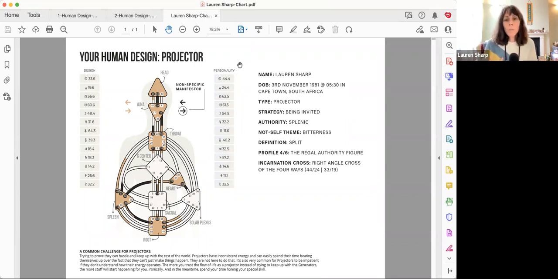And then the experience will be like, well, I guess some of the reading was right. But if we look at the parts of the reading that you were struggling to resonate with, or the information you were resonating with that was a struggle, what we would see is it probably sits on the design side, the side that's still waiting to be made conscious, waiting to be lit up. So the profile comes off the position of the sun. The personality at the time you were born, design 3 months before, the point of that degree, a 4, 6.